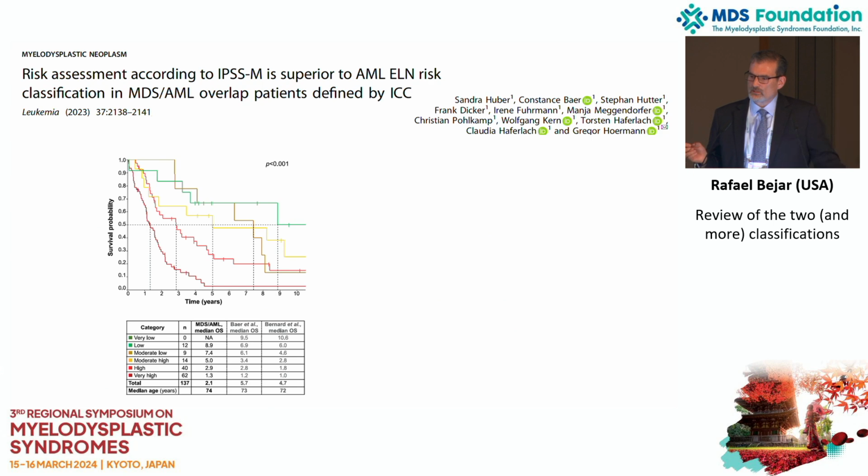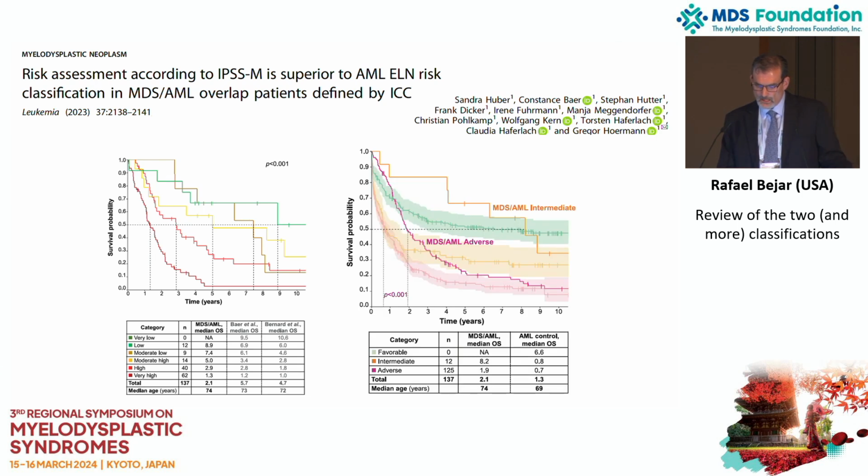Then there are some interesting studies that actually look at the value of some of these different groups. This is one that I found really interesting that looked at the MDS-AML overlap subpopulation and compared it to what we do with AML normally, for example, stratifying by ELN risk classification. And what they found is that if you apply the IPSSM to those patients with MDS-AML, you stratify them quite well. You can see these different lines are corresponding to 5 different risk groups here, suggesting that this is a very heterogeneous group with this MDS-AML category. And if you apply the ELN criteria and define these as being intermediate or adverse, there were no favorable leukemias in the MDS-AML overlap group, almost by definition, given the types of mutations they tend to have.